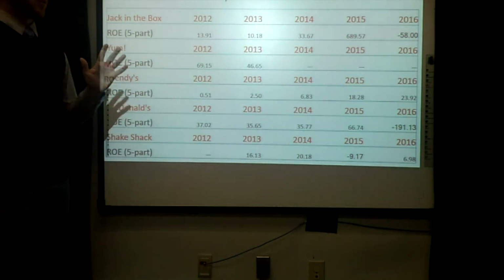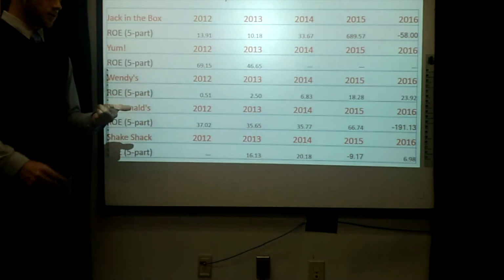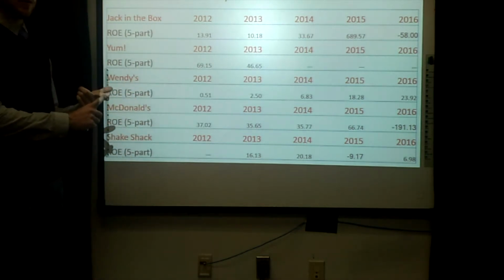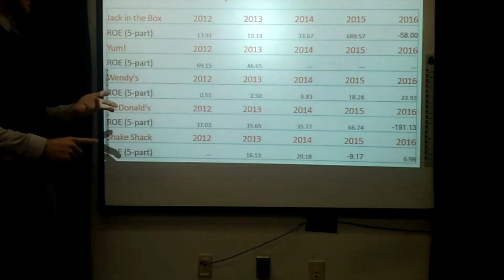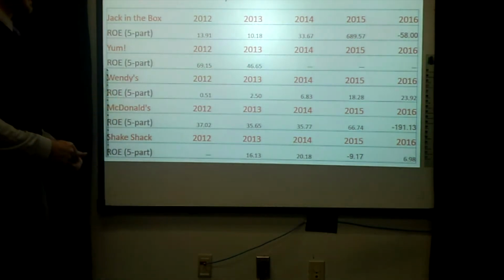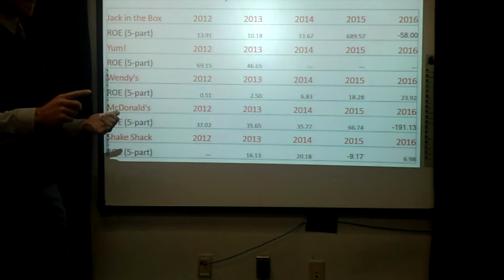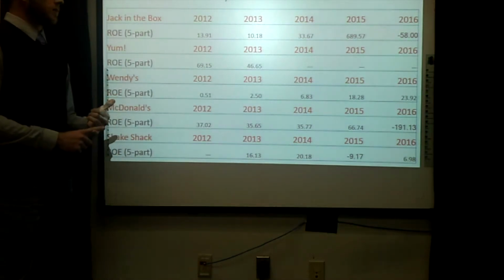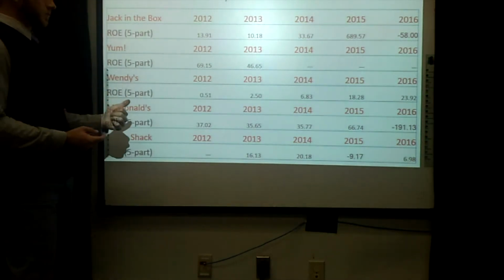ROE can be broken down into 5 parts. It is your tax burden, your interest burden, your operating margin, your total asset turnover, and your equity multiplier. So it's your net income over equity, but it can be broken down into those 5 pieces, which are net